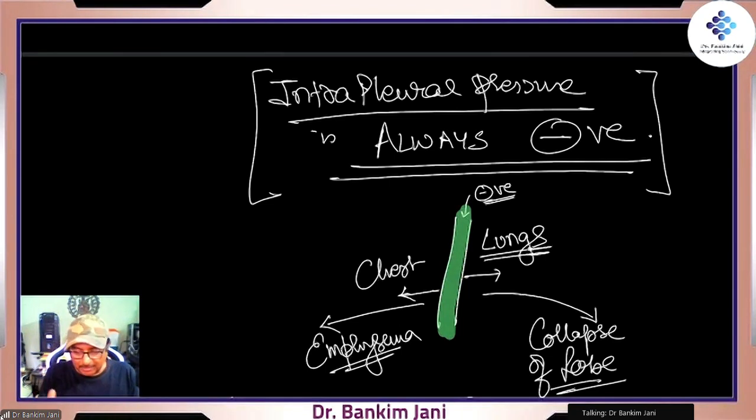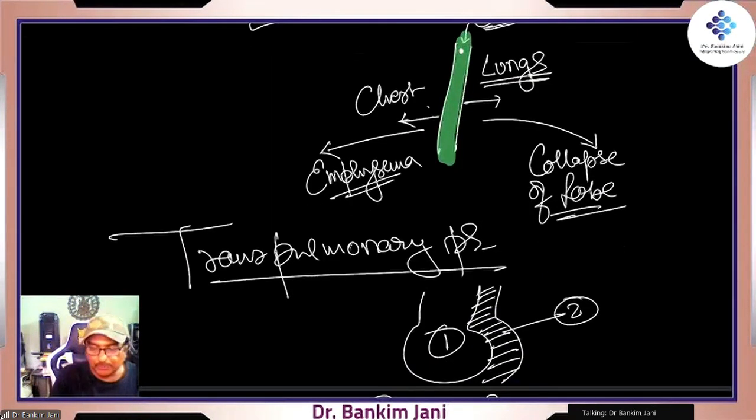So this is the chest, this is the lung, and this particular pressure between the two layers of pleura is negative. When the chest expands unnecessarily, the condition would be emphysema, right? When the lungs are going towards collapse, that is what is called atelectasis, or collapse of the lung. Both these things are prevented by the negative pressure, because this negative pressure is holding both sides, right? It is not allowing the chest to expand, and not allowing the lungs to collapse.